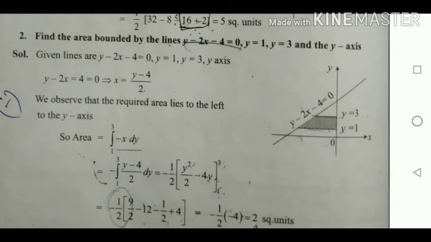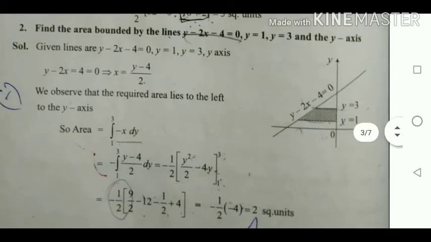Find the area bounded by the line y = 2x - 4 = 0 and y = 1 and y = 3. Here it is the y-axis. Y-axis means you have to change the equation in the form of x equals. Okay, so y minus 2x minus 4 equal to 0 means you write x equal to (y minus 4) by